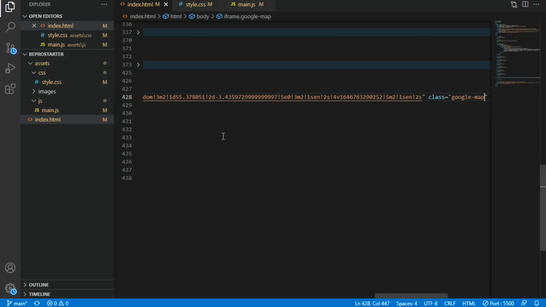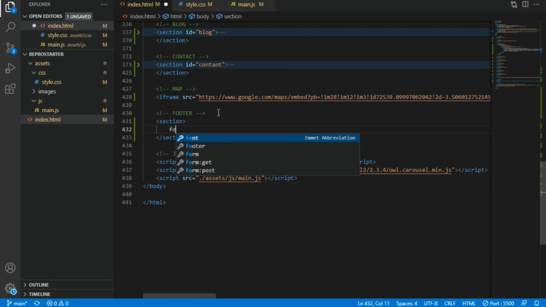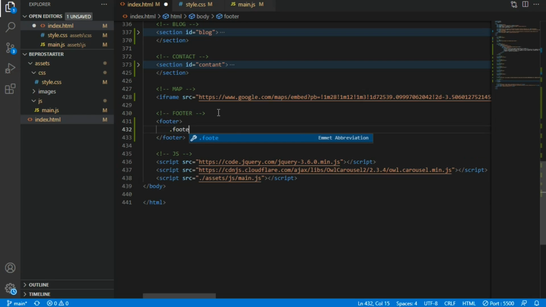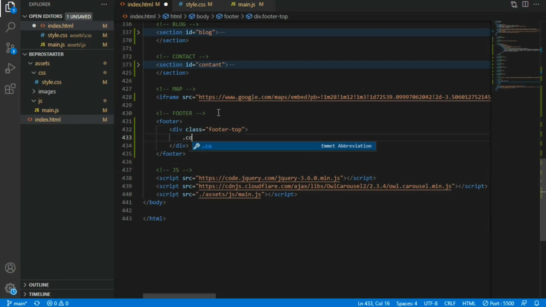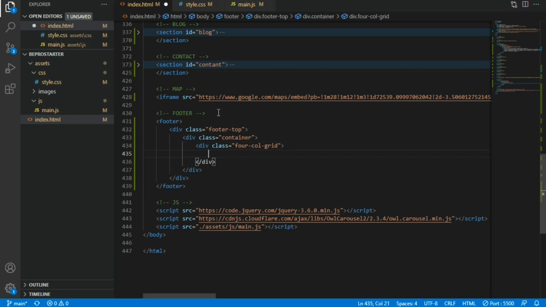and below the map I'm going to create a footer section. So I'm going to create a section. Inside this I'm going to create a footer, and here I'm going to create a footer top. I'm going to create a container, and I'm going to create a 4-column grid. Okay, so I already have created this class 4-column grid, and in the first column I'm going to put,